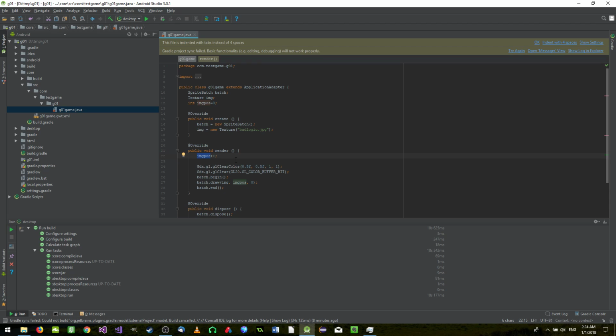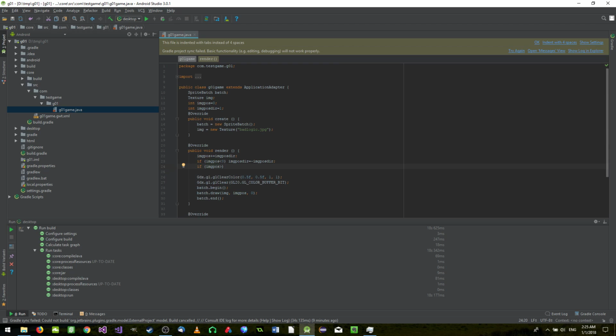Now let's make it a little bit cooler, make it, you know, bounce right and left, right and left. So in order to do that, I'm going to say int img pos dir, which is direction, equals 1 in this case, and this is going to be plus equal img pos dir. Okay, so now I'm going to say the following. Now if img pos is greater than 0, in that case img pos dir equals minus img pos dir. Okay, and also if img pos